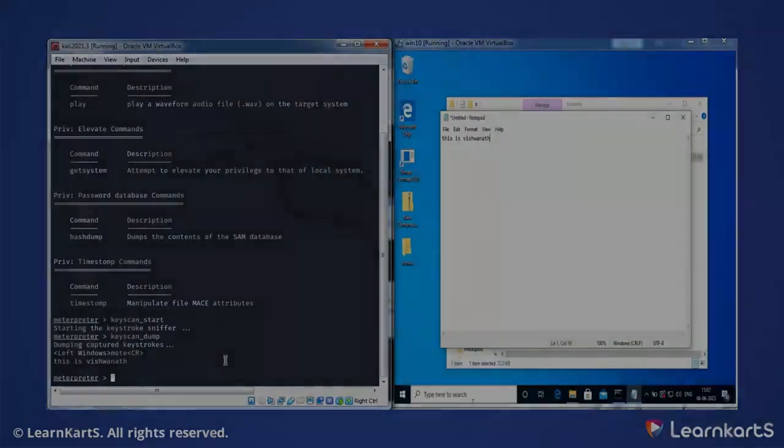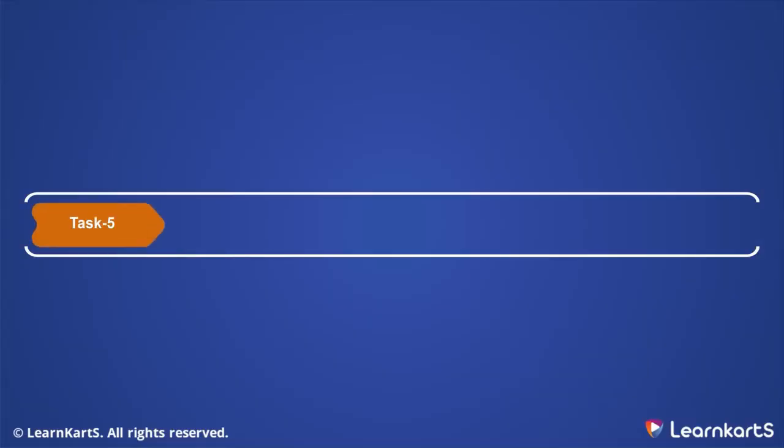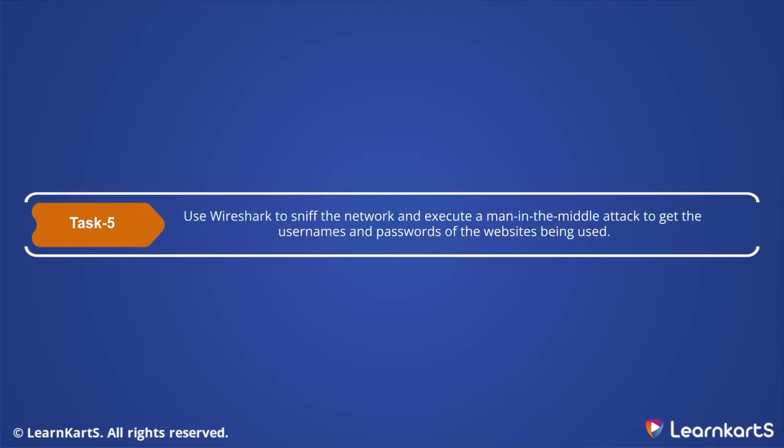Concluding task 4. Let's get started on the next task in the project. Up to this point, we have been engaged in system penetration testing. The task's objective is to capture data packets. Let's understand the problem statement. We will use Wireshark, a tool designed for sniffing networks, to perform a man-in-the-middle attack and obtain usernames and passwords